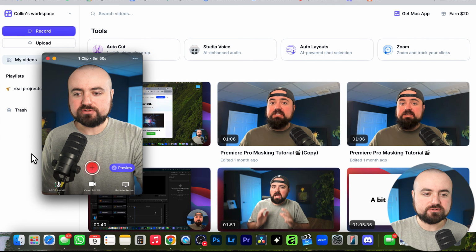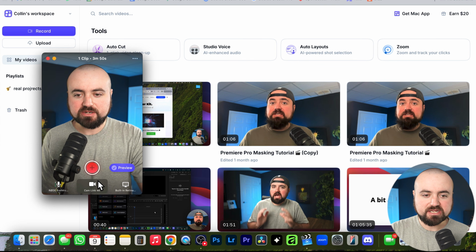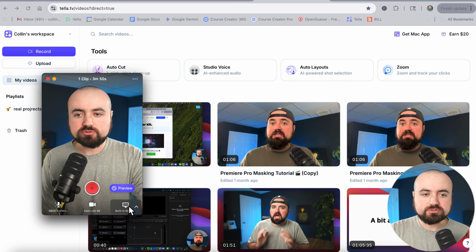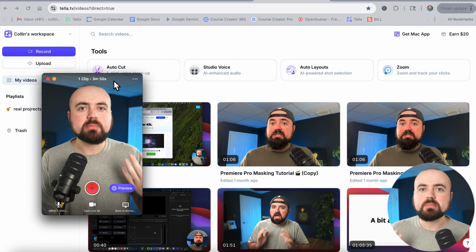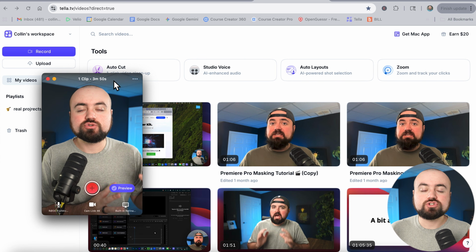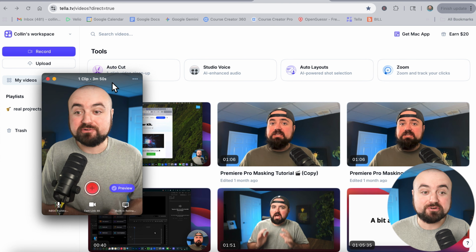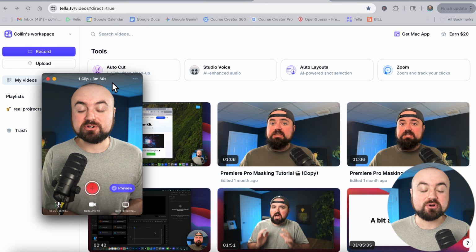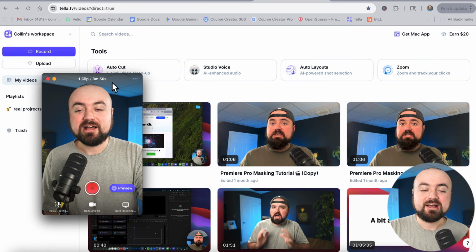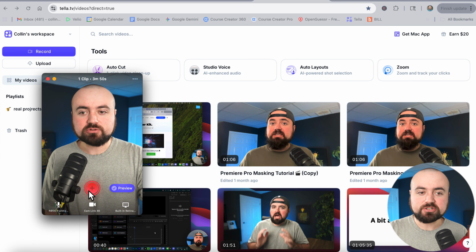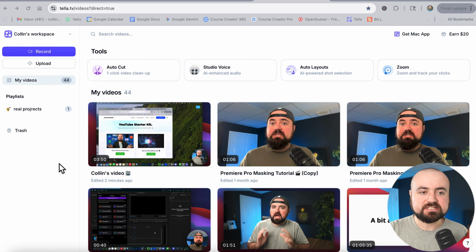So all I do is I set my microphone, my camera, my screen recording, which screen I'm recording on if you have multiple monitors. And then also on top, what you'll find here is whether you want your mouse to show up and whether you want to record internal audio. Right now it's not showing up because I'm already recording internal audio with a different screen recorder. But all I do is I just click record here, and then I can minus this and just